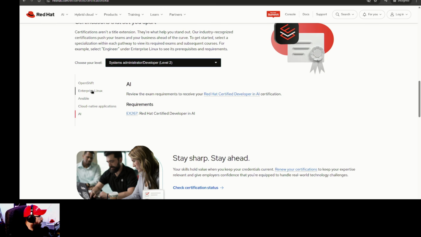For example, let's go here for the classical RHCSA. Okay. So to get this level, this type of certification, which is the Red Hat Certified System Administrator for Enterprise Linux, you just pass the EX200, just like that, it's easy. For OpenShift, to achieve the Red Hat Certified System Administrator in OpenShift, you pass the EX280. So those are the requirements. To get the Ansible one, this is very interesting. To get the Red Hat Certified System Administrator in Ansible, you just need one more time